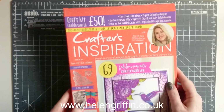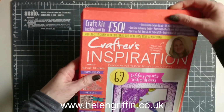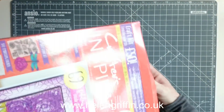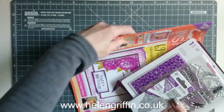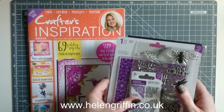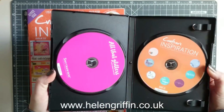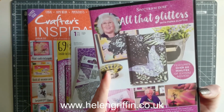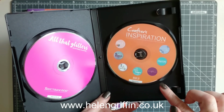Okay, so moving on to Crafter's Inspiration. This is a box kit and this is issue 22, so you get loads of stuff with this one. You get a lovely magazine with loads of ideas on what you can do with all these, and you also get a DVD with loads of tutorials from Fiona Clayton, and also a CD with 7 digital